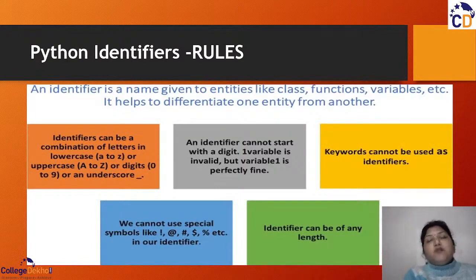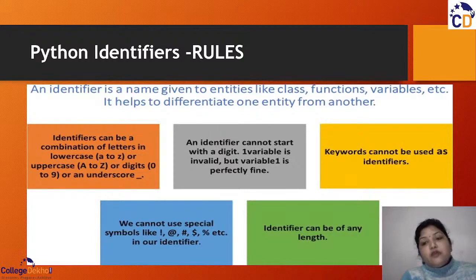What are the rules for defining the identifiers? You cannot define the identifiers like this. Once you have written any name, that could be treated as an identifier. Yes, it could be treated as an identifier, but it should have some relevant name. It should not be that you are taking anything and defining it with irrelevant names, right? So the first funda behind that is you need to define the identifiers with some relevant name, so that